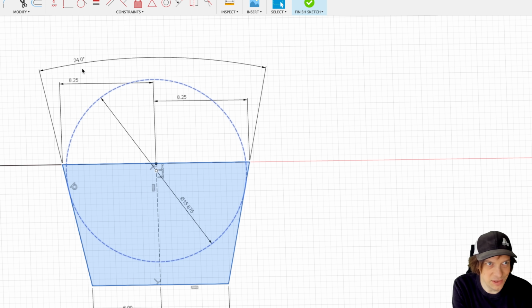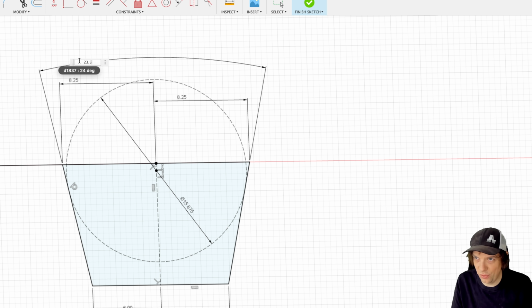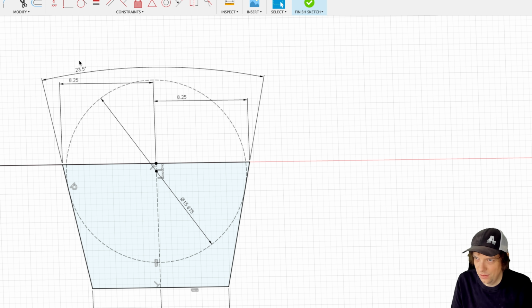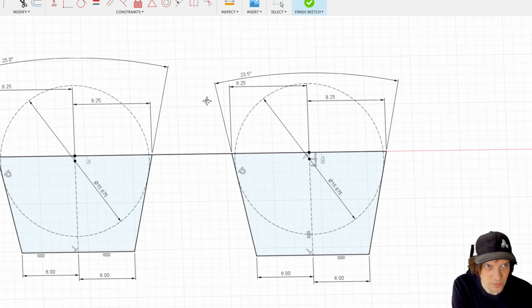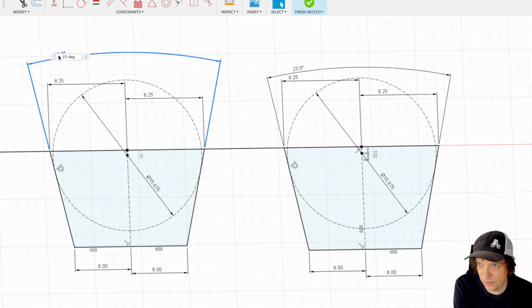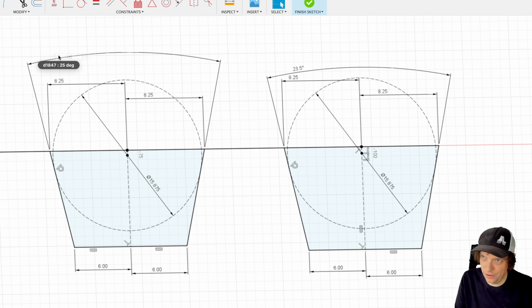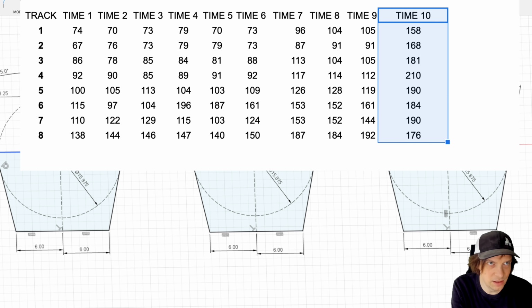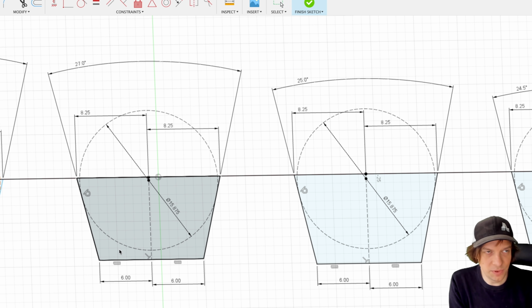So this was the profile of the first channel. I'm going to do it 23.5 instead of 24. But then from the second channel, I think I can go a little more aggressive. 25 down to 24. Let's have a look at the times. Third channel is pretty slow. I can do that to 24 as well. 24.5 perhaps. So now we come to the longest outmost channels.